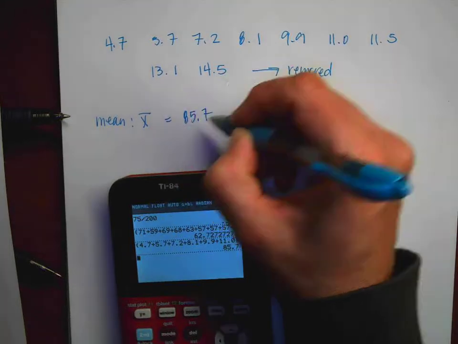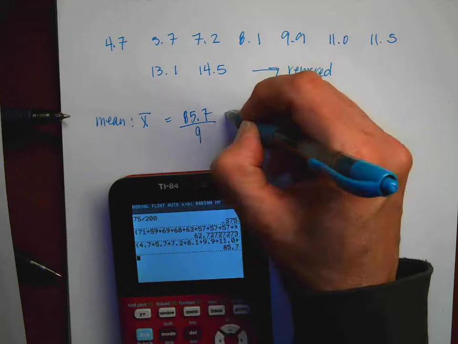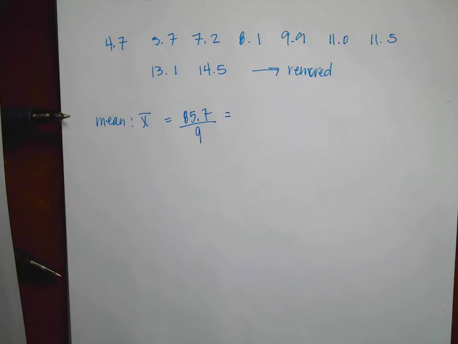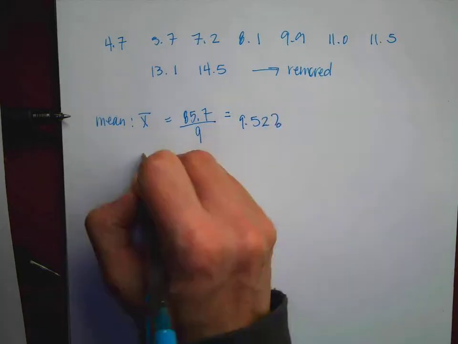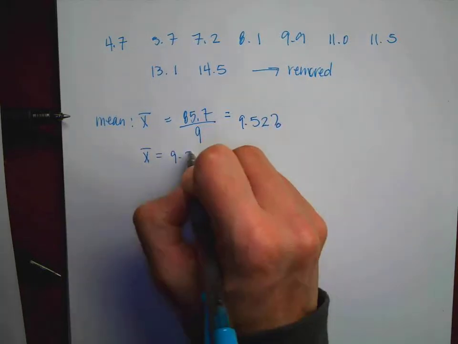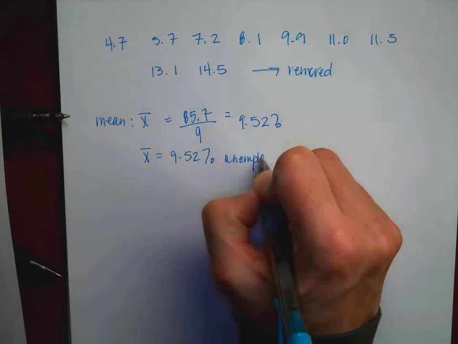I'm just going to go ahead and hit enter just so we can see the difference in numbers. So I have 85.7. We had 10. We took 1 away, so now I'm going to divide by 9. So then my 85.7 divided by 9, and now I get 9.52%. So my x bar is 9.52%